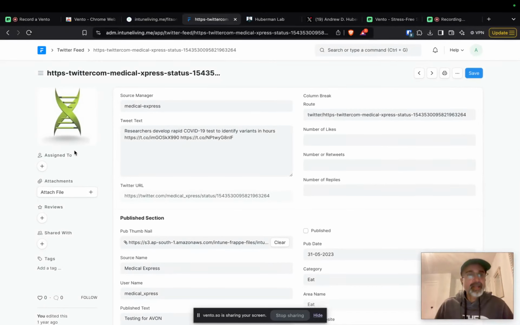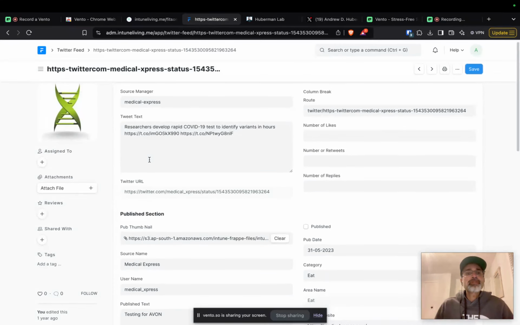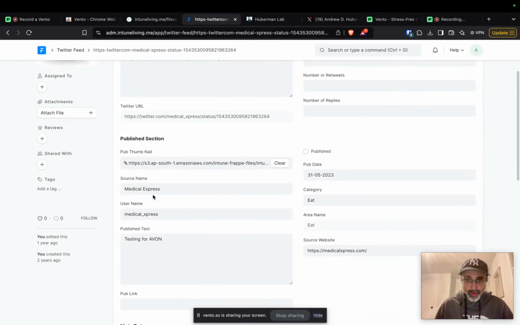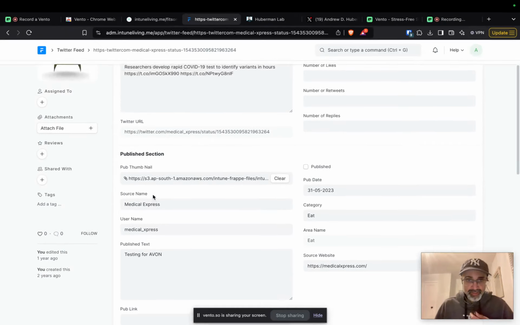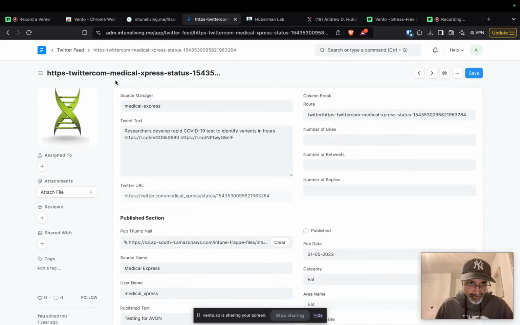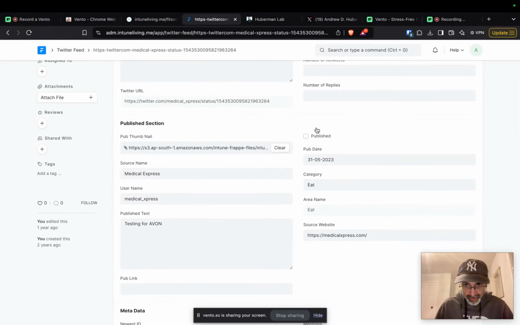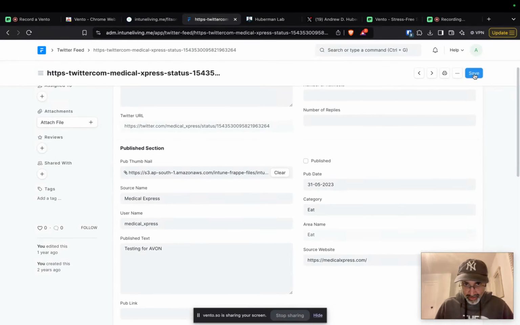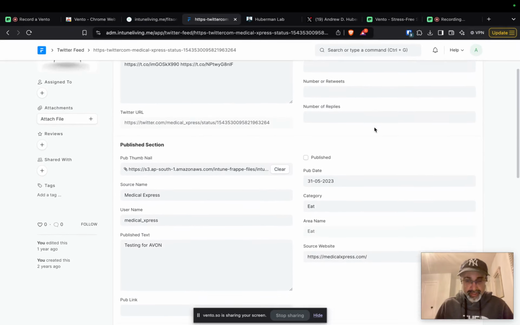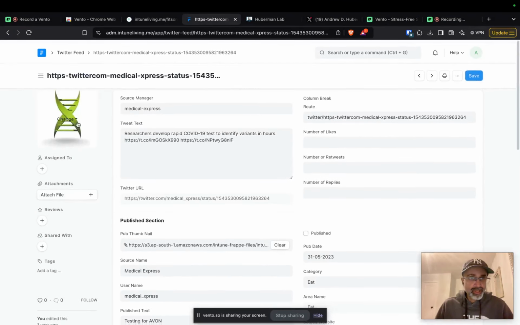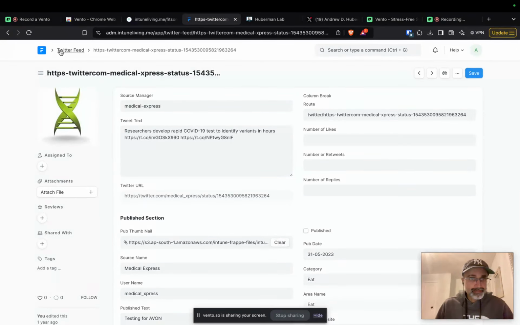So this is for the Twitter feed for Medical Express, where all the feed data is scraped and recorded over here. So I come here, and if I find this is worthy of publishing, I just check it and publish it. So it gets added to the front end. So to showcase that,